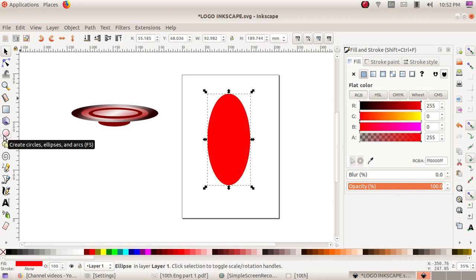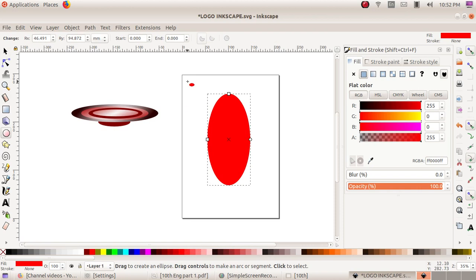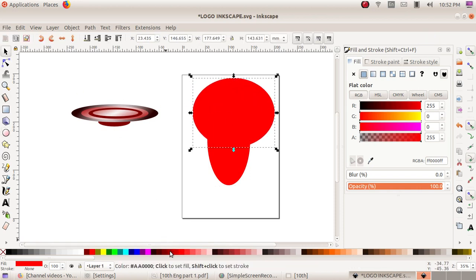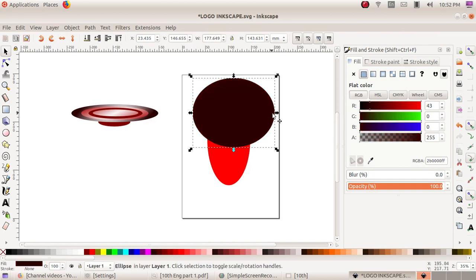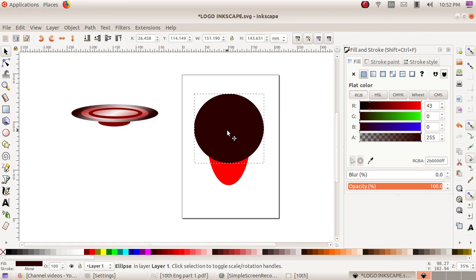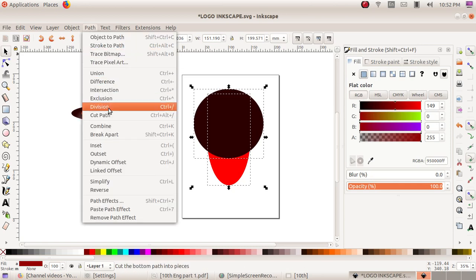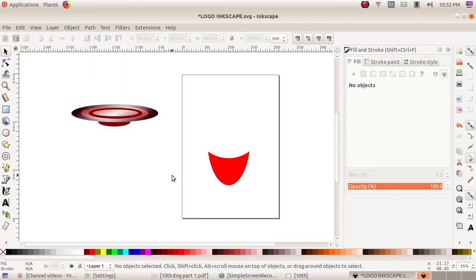And select the circle tool, change the color, and select the two objects, go to path, difference.